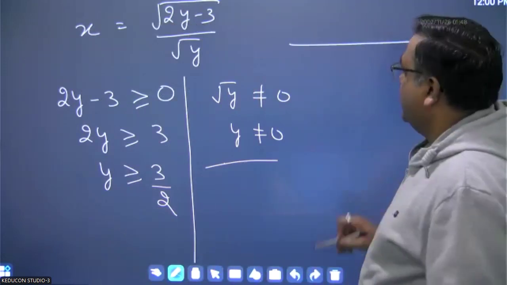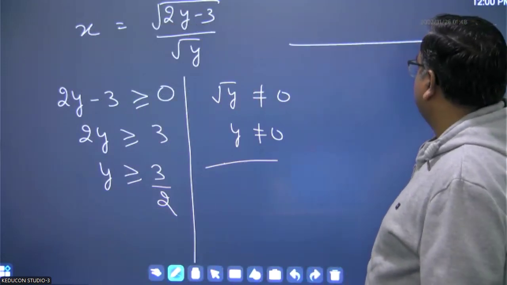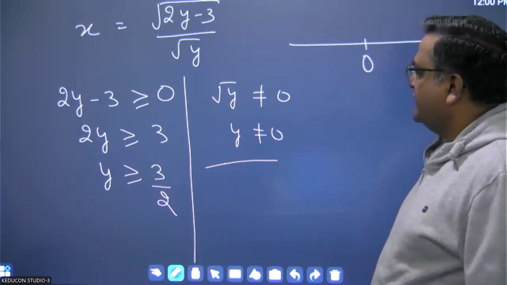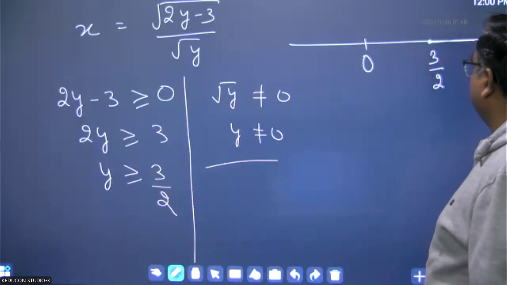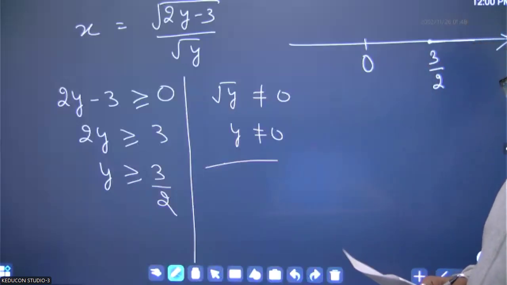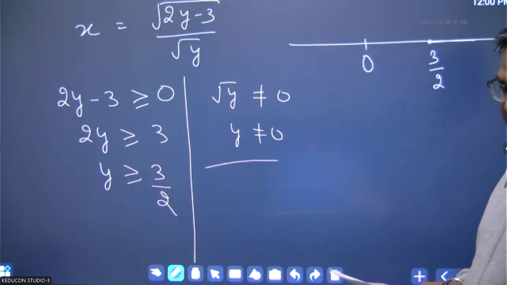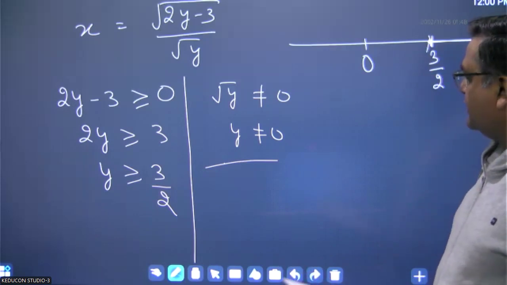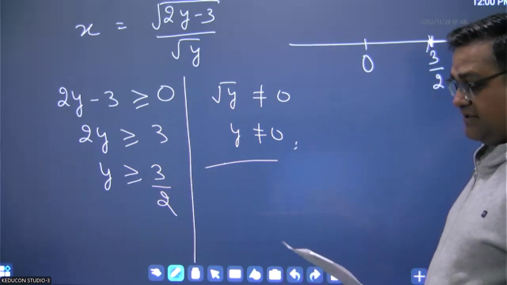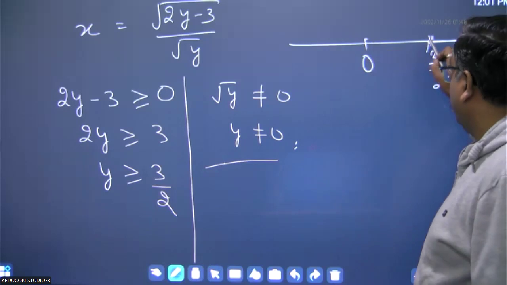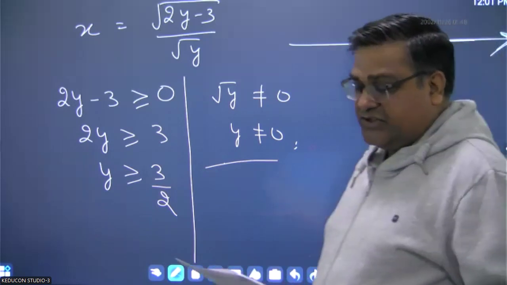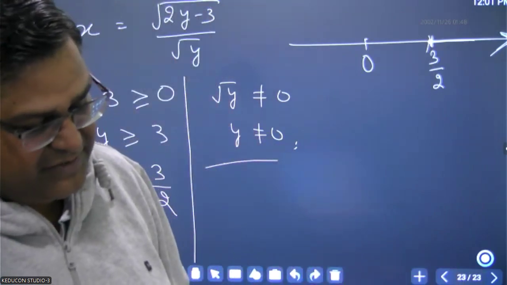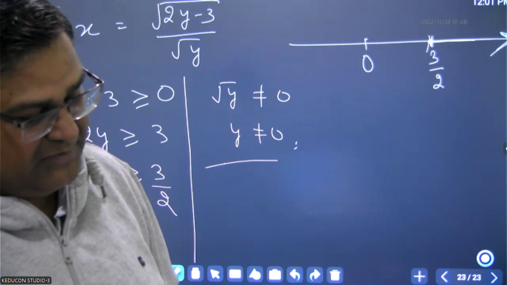दोनों रिजल्ट को कंबाइन करते हैं. Let's say this is 3 by 2, this is 0, right? Y is greater than equal to 3 by 2, and y is not equal to 0. 0 हो नहीं सकता और इससे ऊपर होना चाहिए जी. So which choice it will be? Minus infinity to 0, union 3 by 2 to infinity. अच्छा,